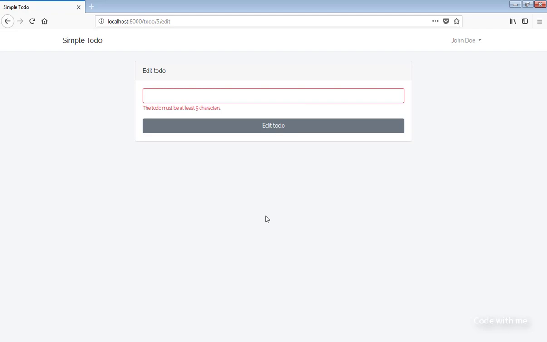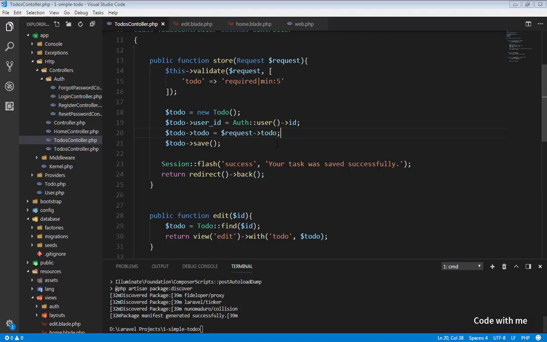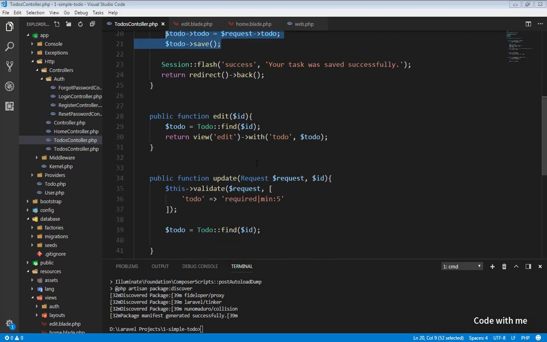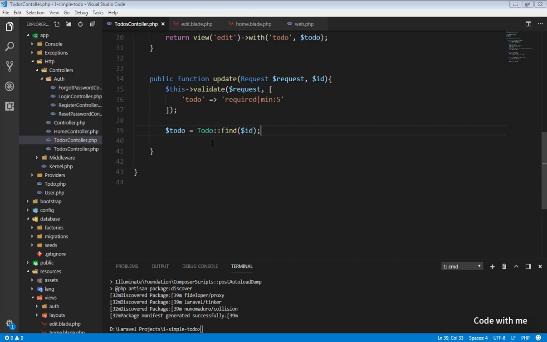So we really don't want to use that, but we want to update this field and then save it. Okay, so we want this todo field. Now let's just paste it. We'll assign the value of todo field to whatever the user has typed, and we will just save it, and then we will return